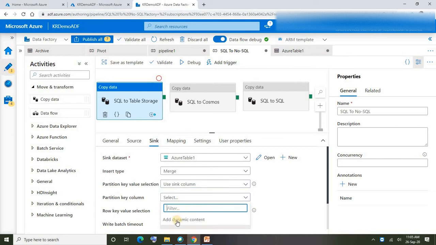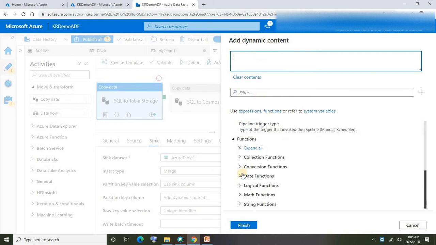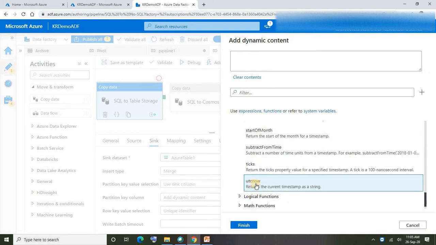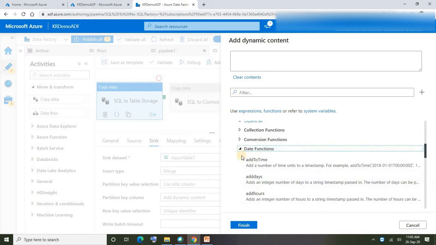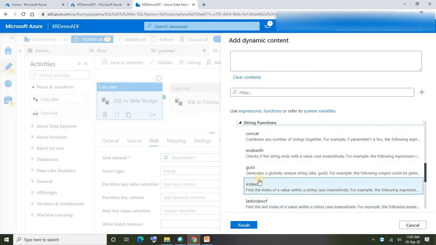So let me go for add dynamic content. Here under dynamic content, I want to create the partition for each year. So for that, if you go all the way down here, you could see date function which will fetch current date. Under date functions, there is one function called utcNow that will fetch current date. So before going ahead, I want to extract year, right, from current date.